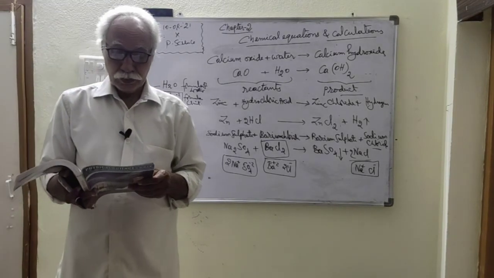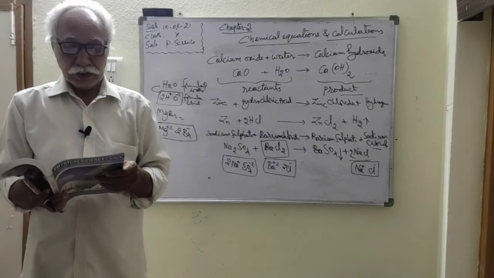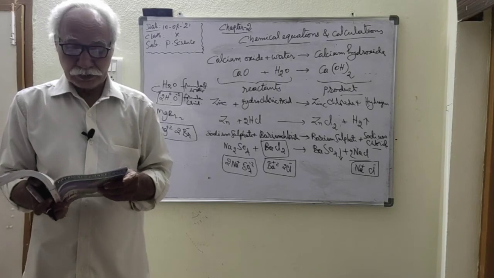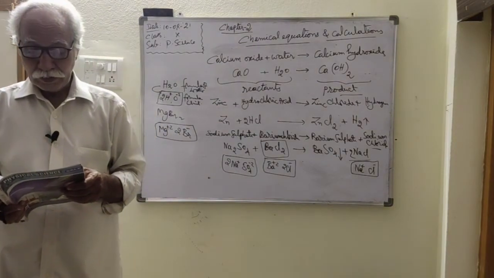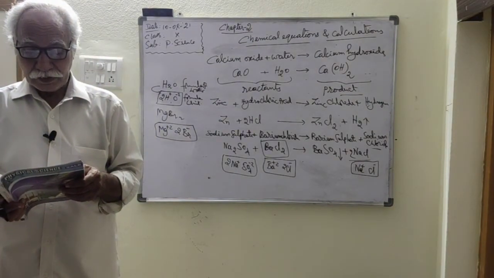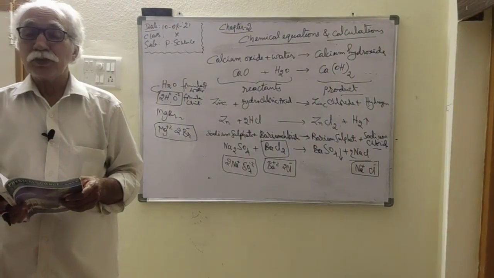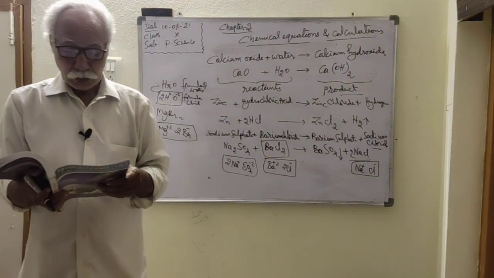Step 2. After writing the molecular formula of the substances, the equation is to be balanced. So step 2 is a balanced chemical equation. We have to balance the chemical equation by changing the suitable coefficient numbers, not by changing the numbers given in the formula.